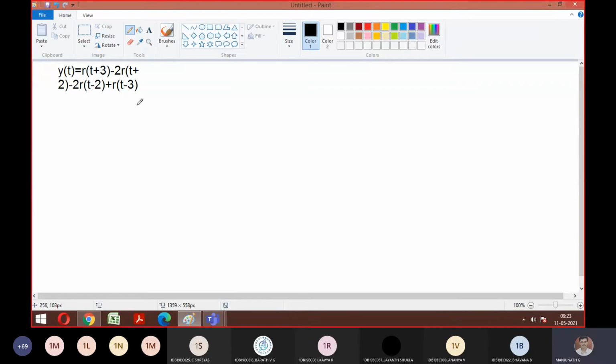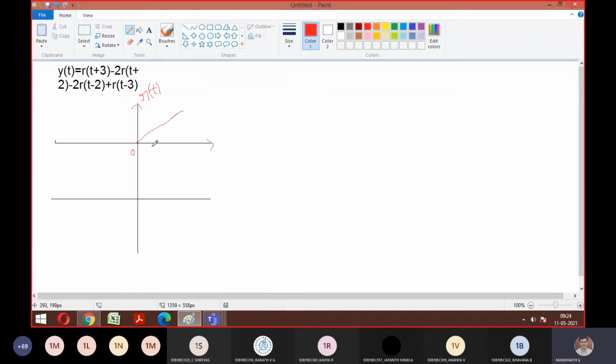Let's go with the 2 category. A normal r of t means, look at everyone clearly here, how the amplitude is to be considered. If you understand that, then the previous problem we lagged on yesterday will be covered. We know that the ramp function starts from 0, correct? It goes like this, right? So what amplitude are we supposed to consider?